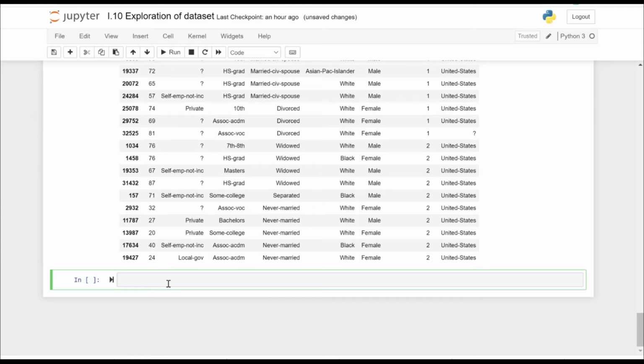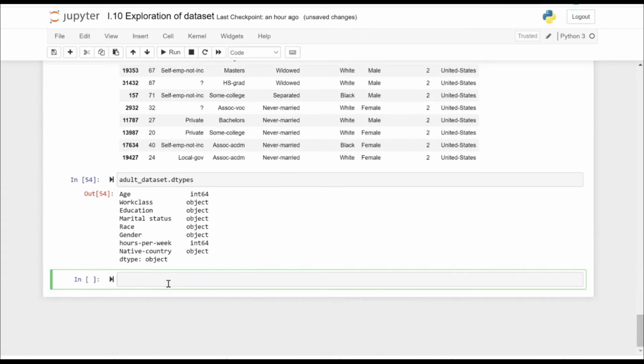Hi, in this video we are going to look at the data types of a column in Pandas. So let's first begin by how we can actually validate what kind of data type is present on specific columns in a Pandas data frame. As you can see, you can make use of the dtypes attribute, and this is how you can get